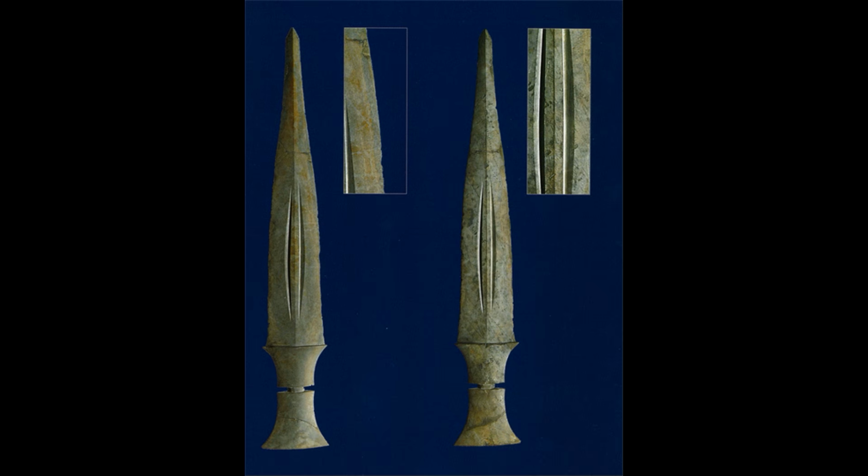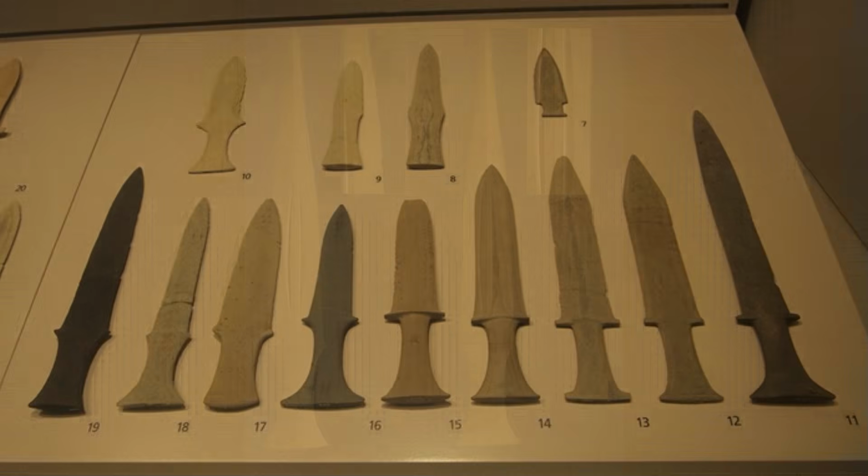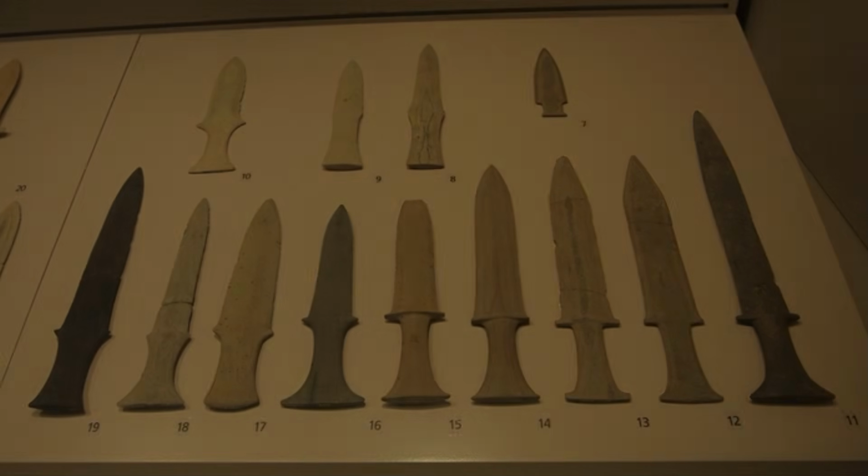There's a lot of questions that we can't answer about these things, but they are absolutely incredible. There's actually a vast number of them being found in Korea, and interestingly also in Japan. And this obviously opens up questions about how Japan was populated and movements, migrations of people, because we know that there's a genetic relationship between the Koreans and the Japanese, although that's obviously a contentious subject in that part of the world these days. But the fact is that it could have been trading, or it could have been people